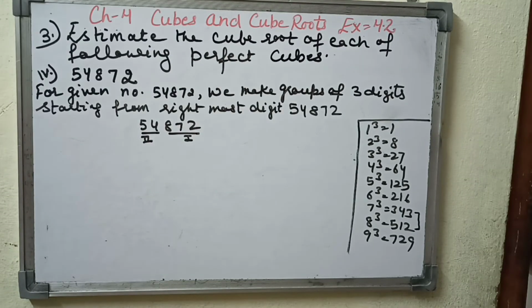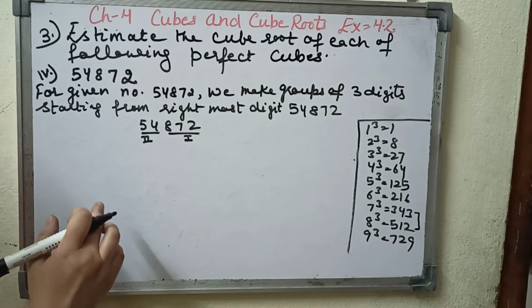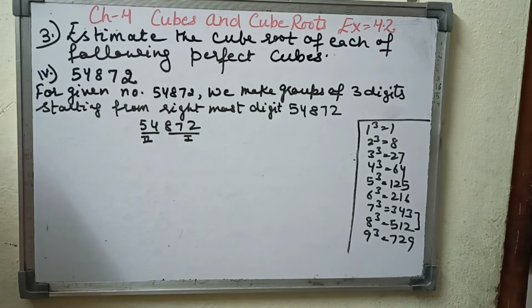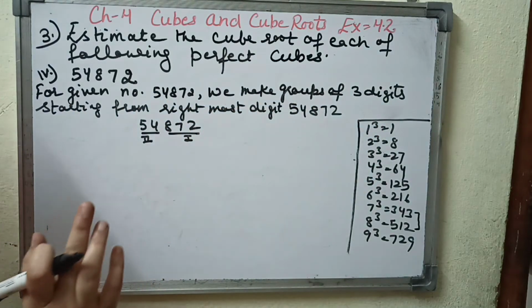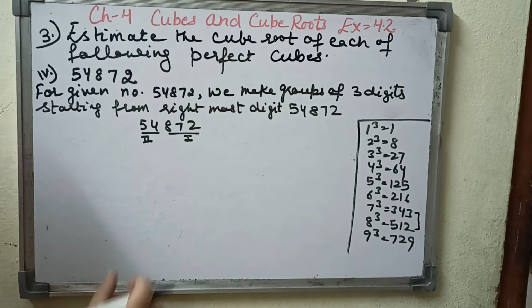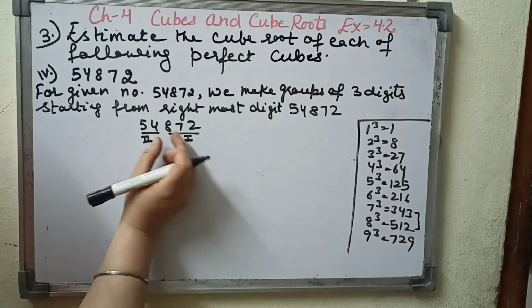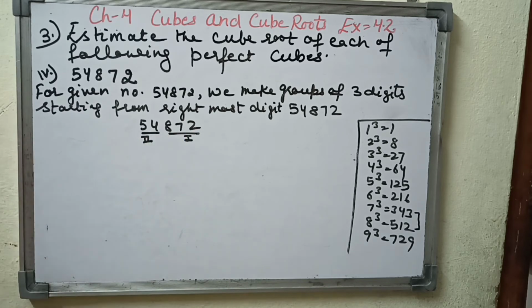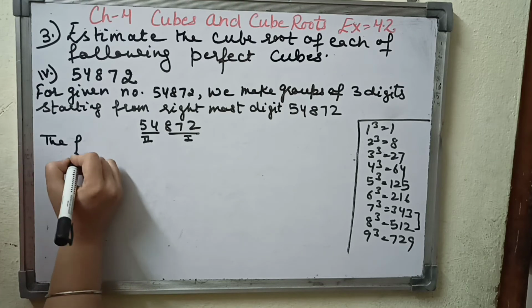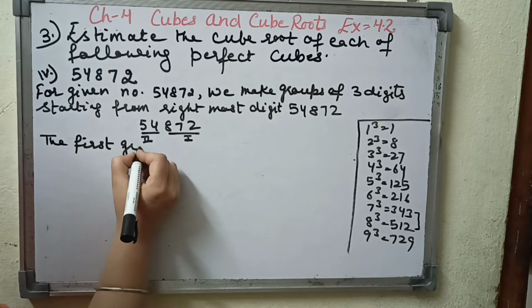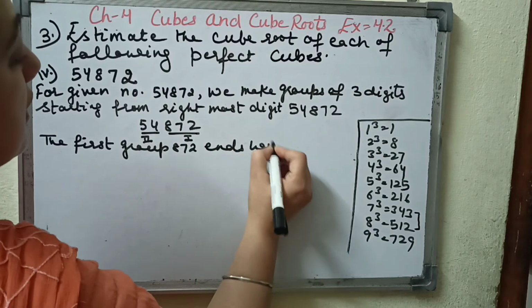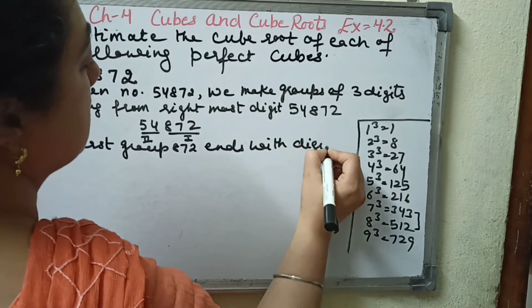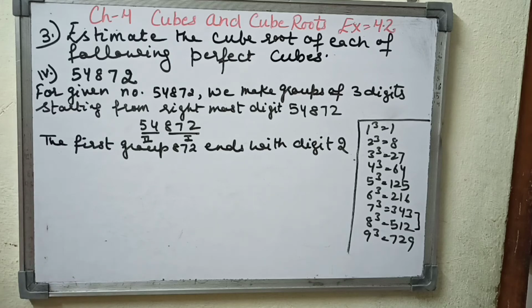Now, sum number third, the fourth part is, again by using the estimation method, we have to find the cube root of 54872. For this given number, first of all, we make groups of 3 digits starting from the rightmost digit. Now, the first group contains 3 digits, 872, and the second group contains 2 digits only, and that is 54. Now, the first group 872 ends with the digit 2, and we know